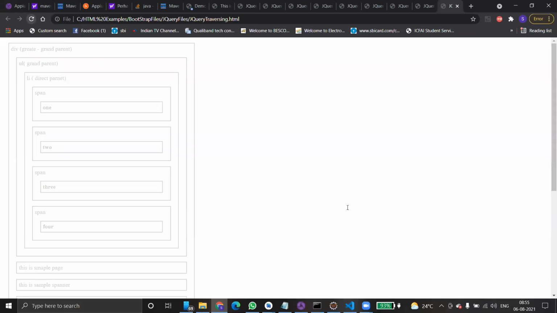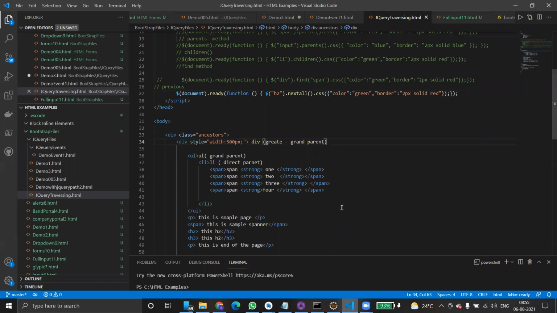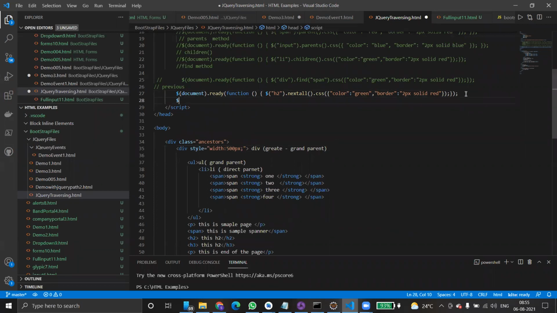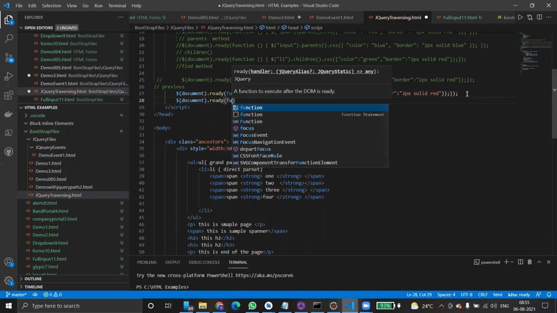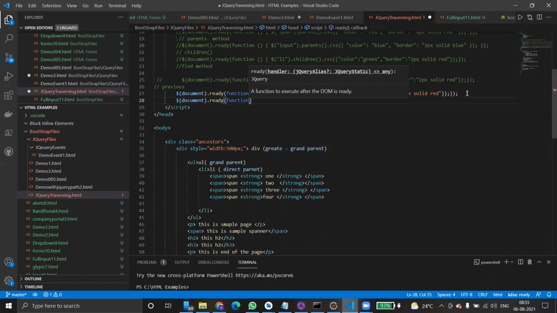Oh, what happened? H2.nextAll of CSS. Really not sure, there is some syntax error. Let me try once here. Document.ready function, right? Done.